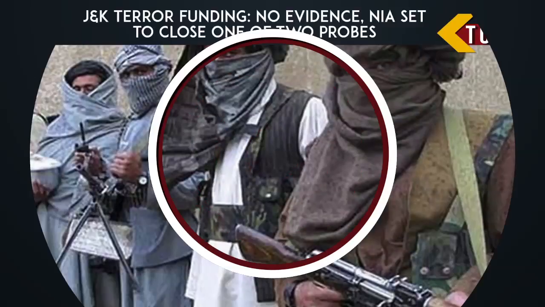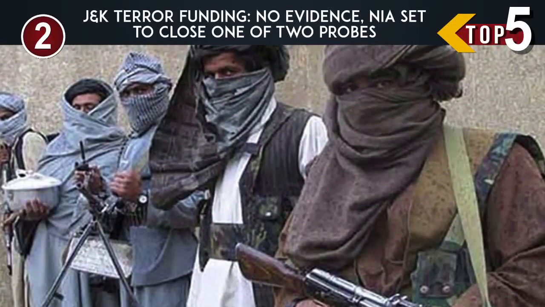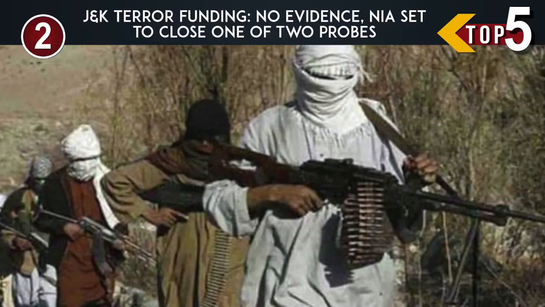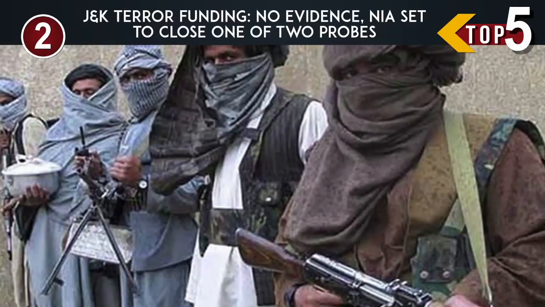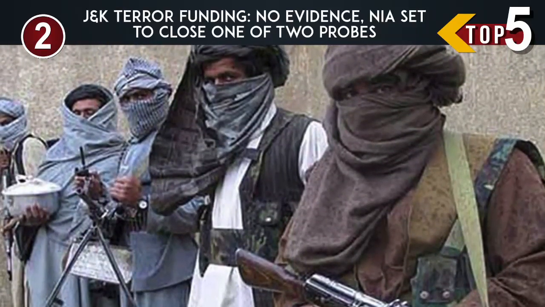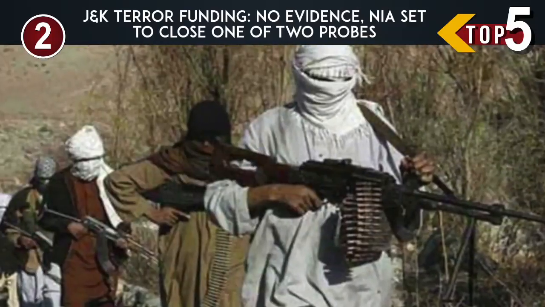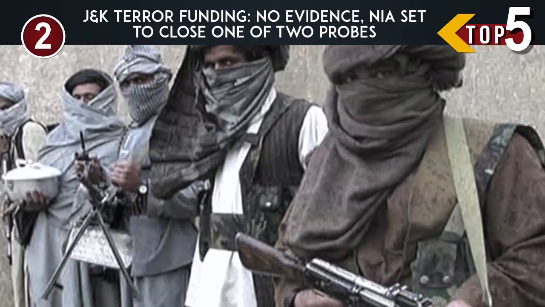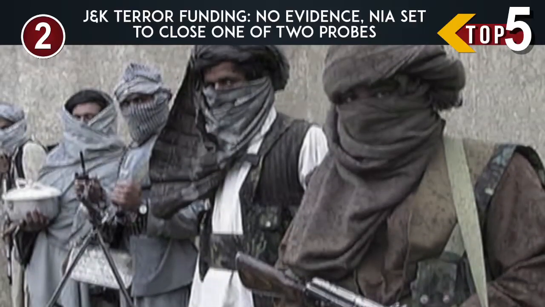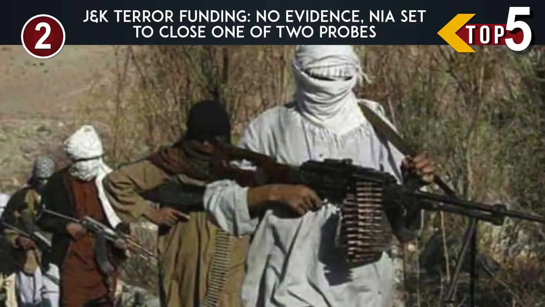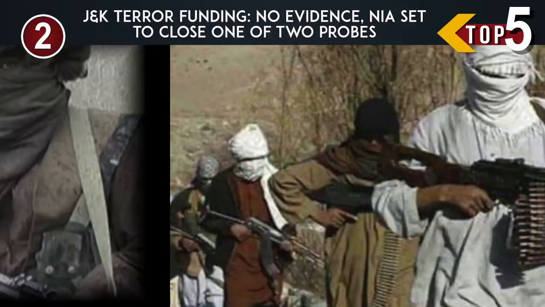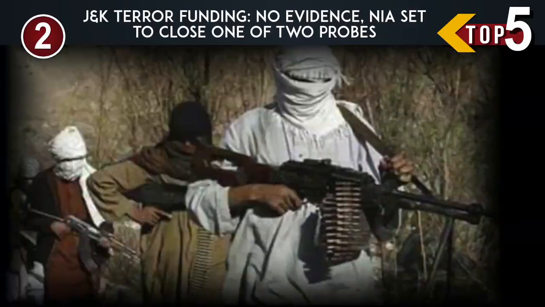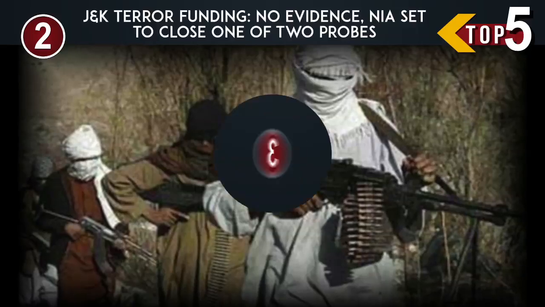As the government moves against Kashmiri separatists with a string of cases on alleged terror funding, a probe launched by the National Investigation Agency last year on the same lines has failed to find any evidence. A year down the line, the agency has found that all transactions through these bank accounts were legitimate and not connected in any way to terror funding. No evidence of terror funding or financial aid to stone pelters has been found in that case.